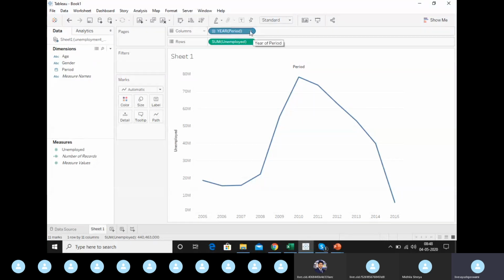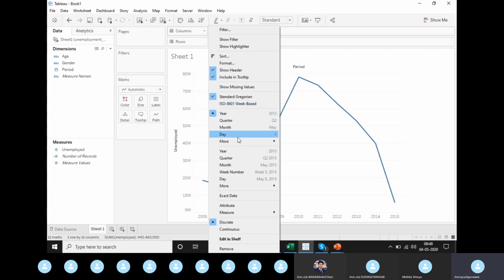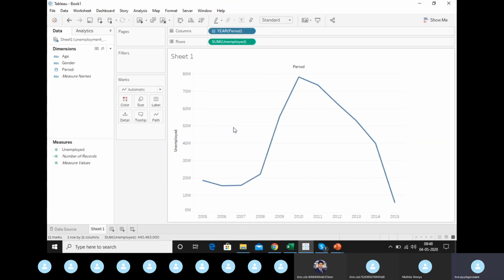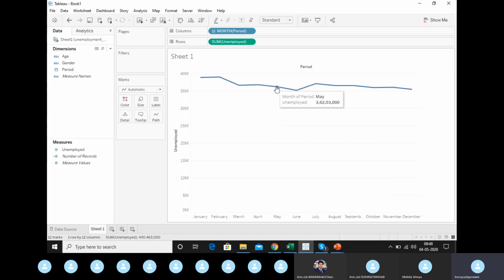So you can see when you see the timeline 2005, 2006, 2007, it is being segregated on the basis of years, right? Because here the period is as year, but once you change that to month, it will change to month. So now our graph has changed, and subsequently our axis has also changed to month, right?